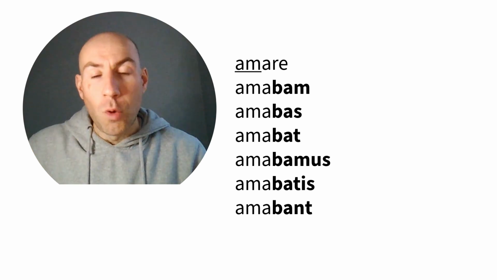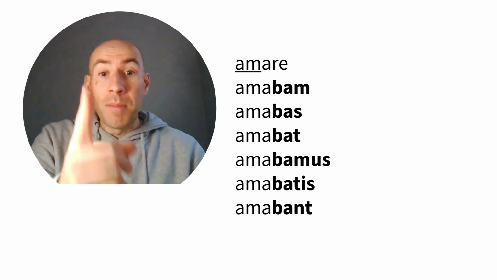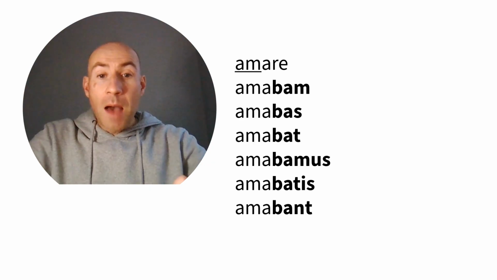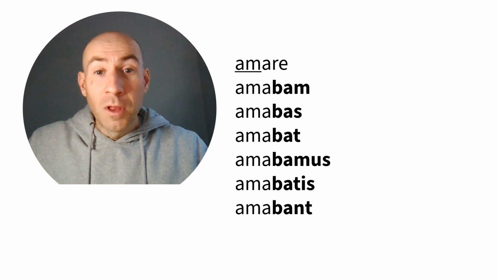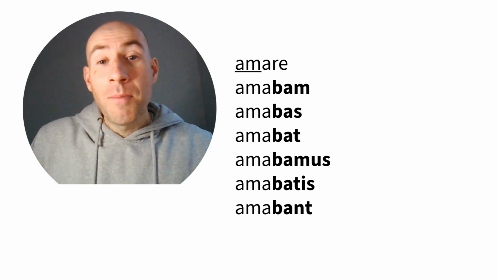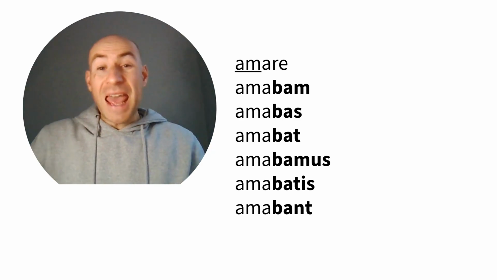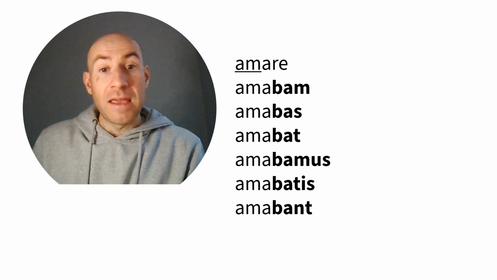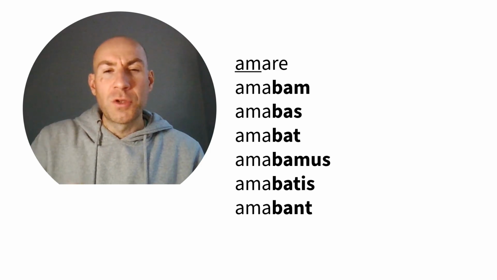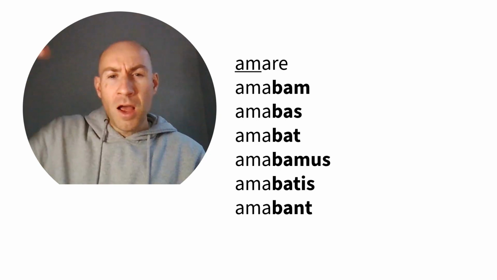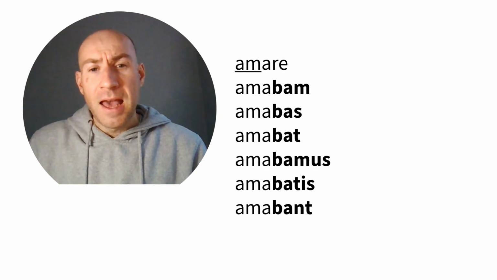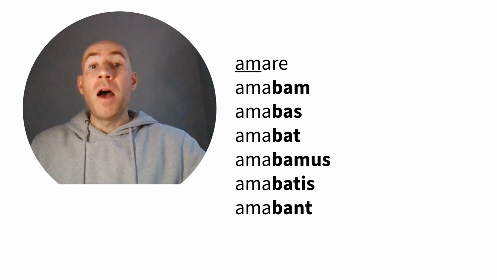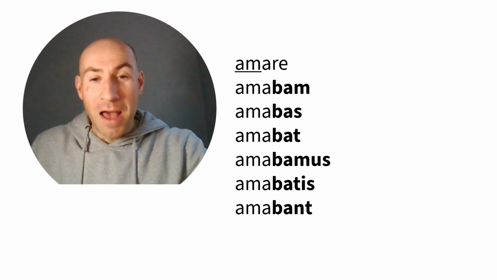Let's finish off the whole paradigm. Amabam, amabas, amabat, plural: amabamus, we. Amabatis, you, plural. They over there, amabant. If you think about it, that nt ending is also there in the present tense, amant, meaning they. But this time we have the ba. Let's do that again, guys. So, from I right through down to they, and we're saying here, I was loving or I used to love. Amabam, amabas, amabat.